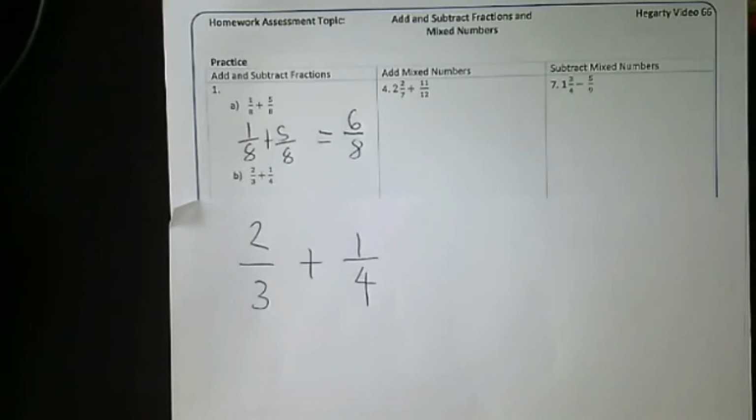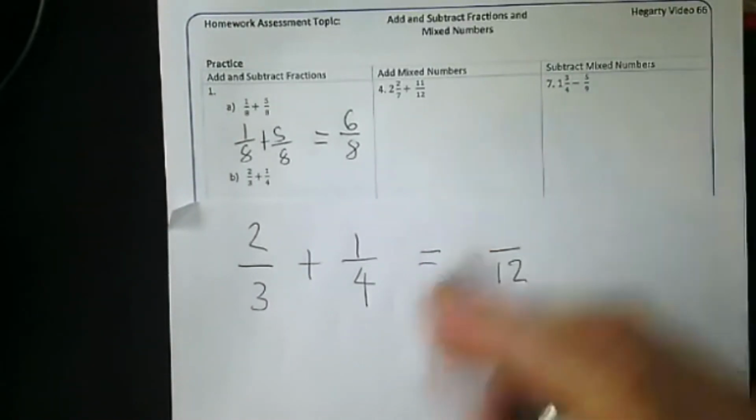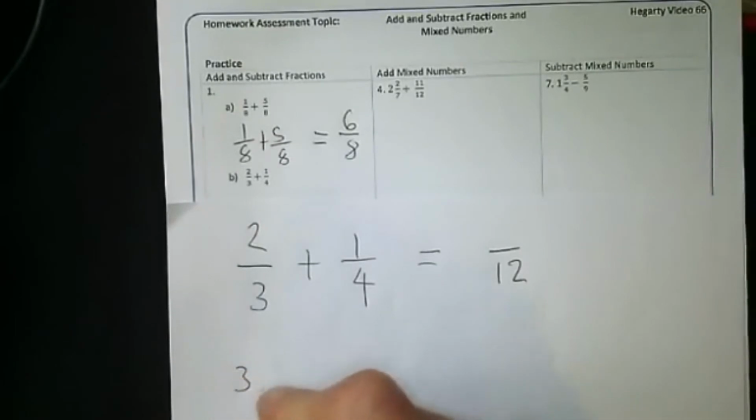Well done, Lydia. 12. Okay, brilliant. So how did we know it's 12? Well, it's the lowest common multiple. That's what we need to find. And multiples